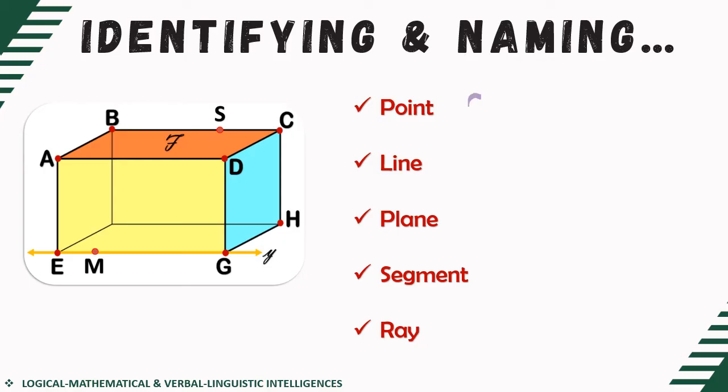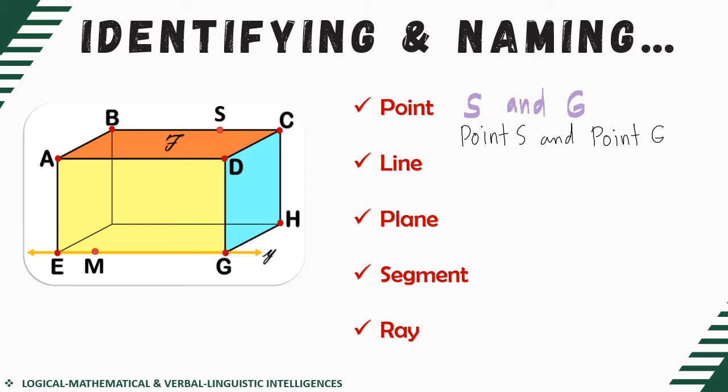So I can have point S and point G. Okay. So again, in naming a point, we can use one letter and it should be a capital letter. But if you want to write it completely, let's say for example, you want to write it as point S and point G, it's okay. So again, it's your choice if you're going to write the whole word, which is point, or just simply use one capital letter and not cursive.